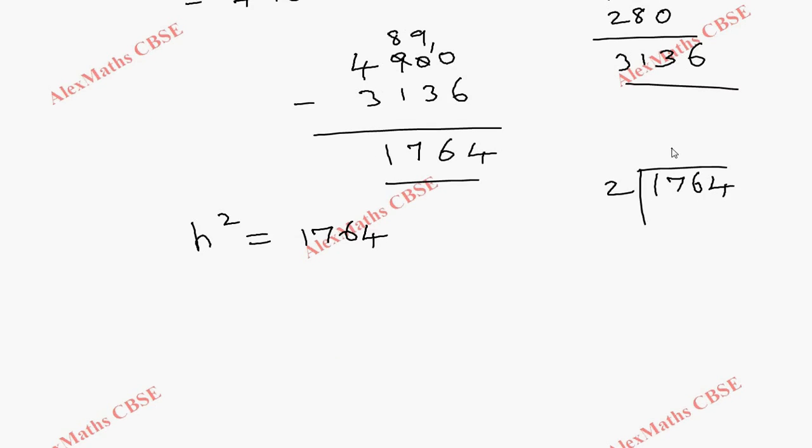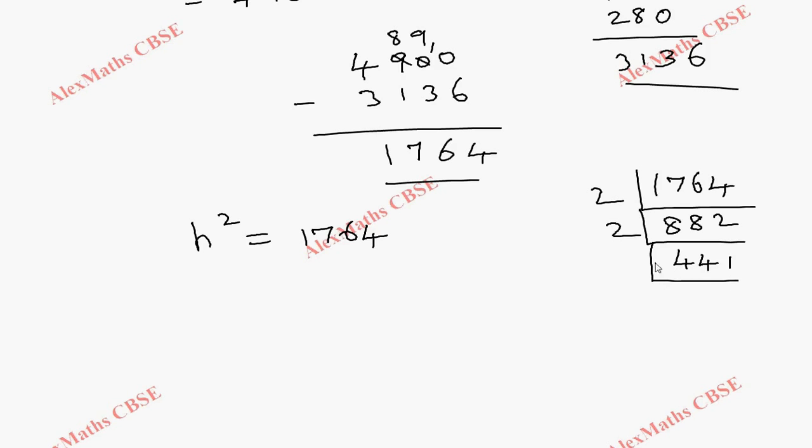This is 2 times. Sorry, let's take like this. 2 times. So 2, 8, 16, balance 1. So again 16, 8 times 16, then 2. Then again 2 times it is 441. Then this will go in